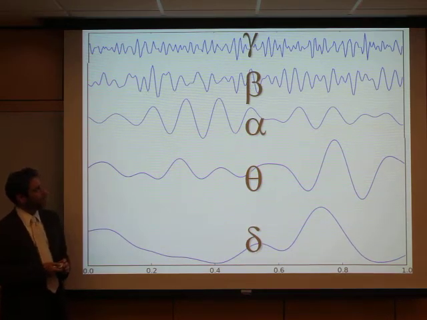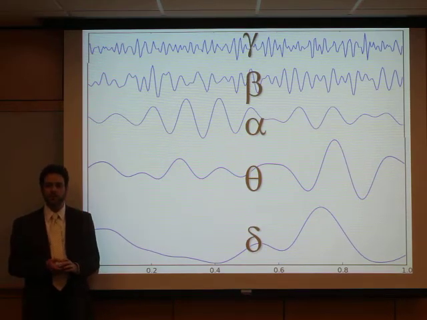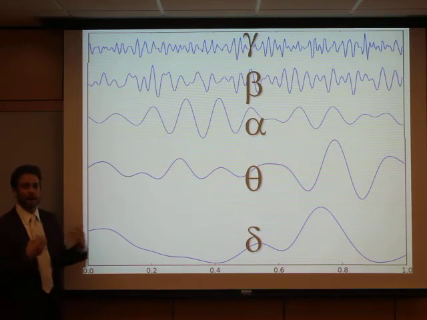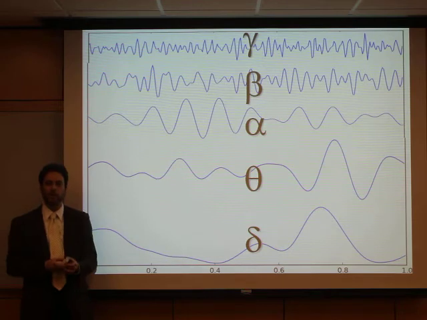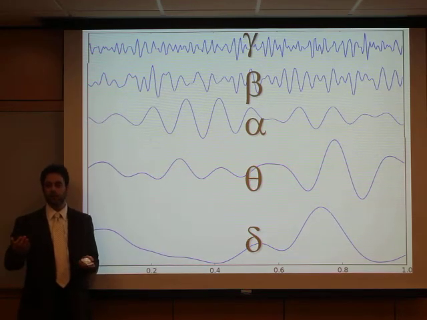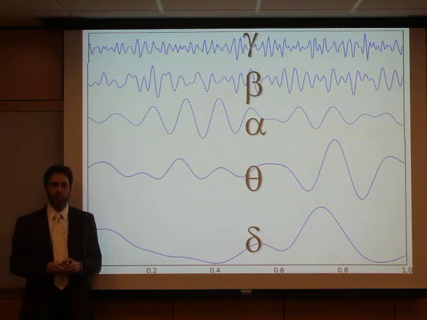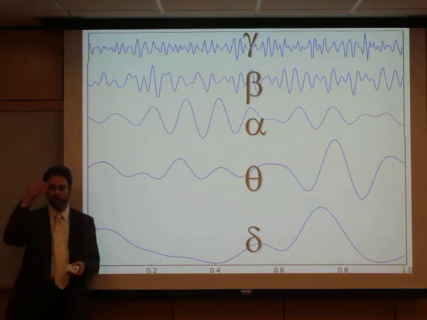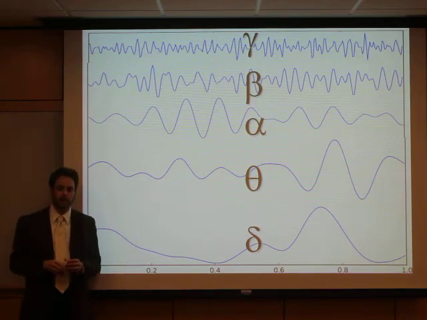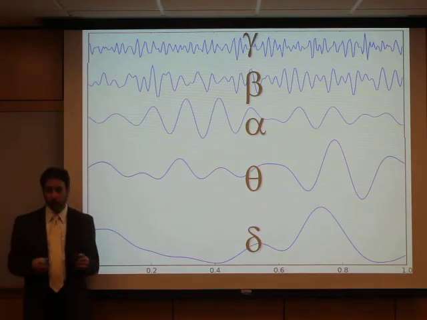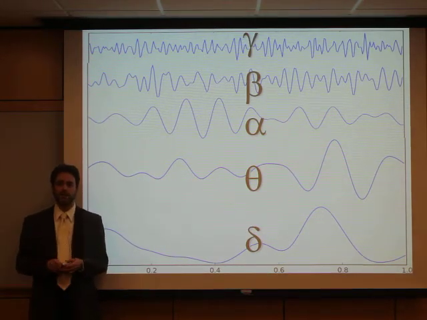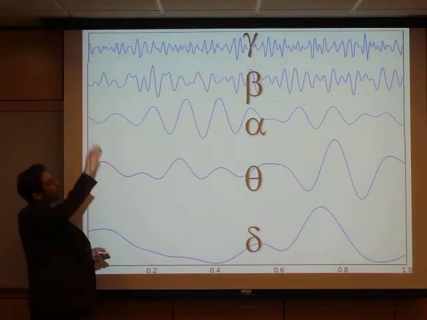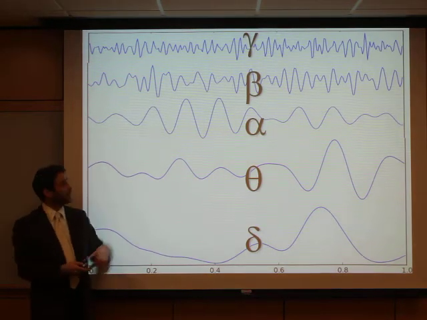I did go briefly over the waves, but the waves go from gamma through delta. Gamma are the highest frequency waves, and they go from about 30 hertz to hundreds of hertz. We don't measure gamma very well with EEG because they're very low amplitude and they're often filtered out by the scalp. Also, EMG, muscle activity, often occurs in the gamma frequencies, but can actually occur in